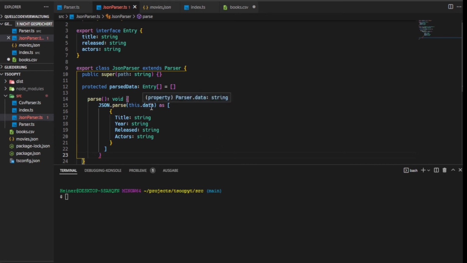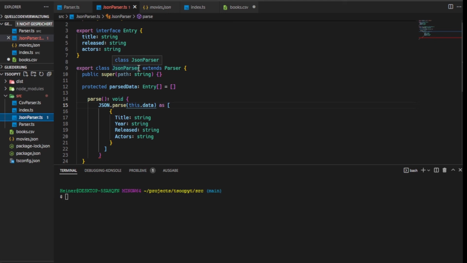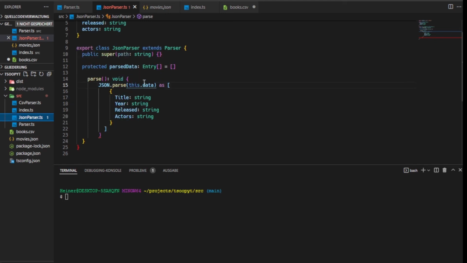So basically, we can access this.data because this.data is a property of the abstract class, which we extend here in the JSON parser. Yeah, so we have access to it, to this.data, and by using JSON.parse, we turn this huge string into